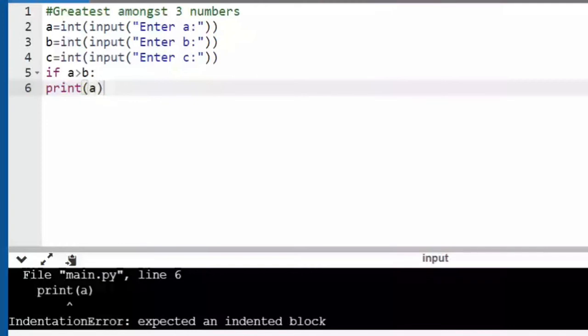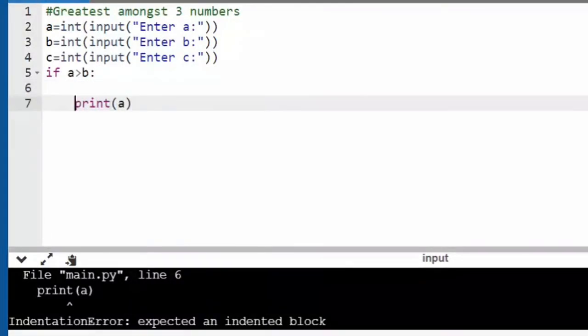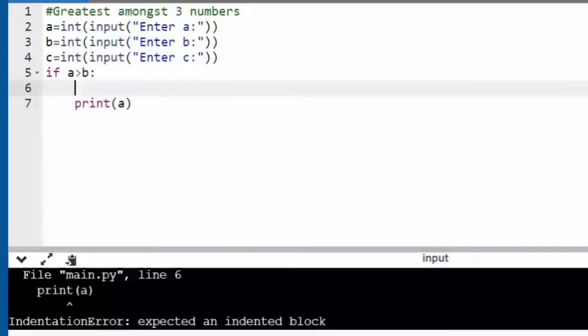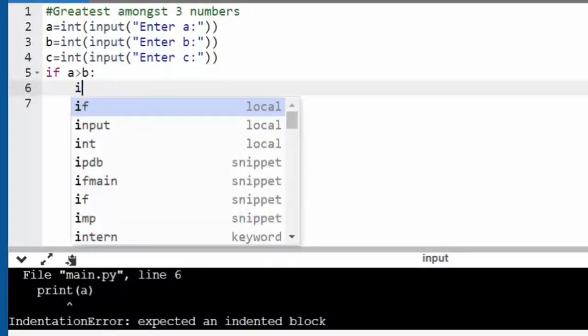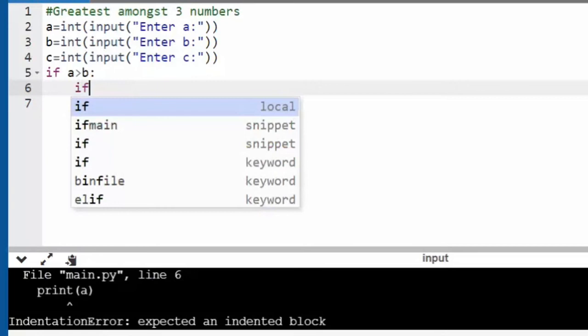But I'm not going to write a print statement, I'm going to write another if over here. This is the concept of nested if, one if inside another if. So if A is greater than B, now I'm checking whether A is greater than C, and I'm putting a colon.